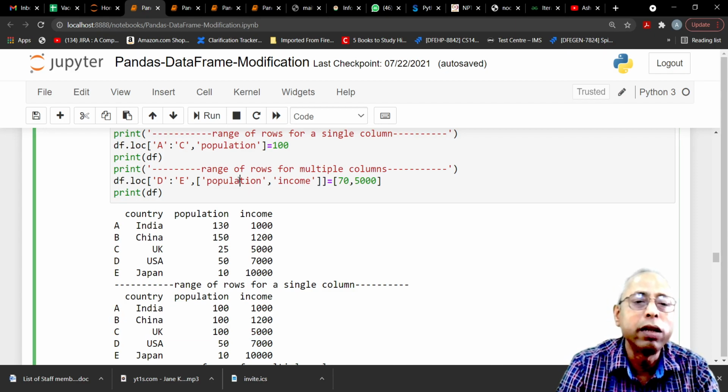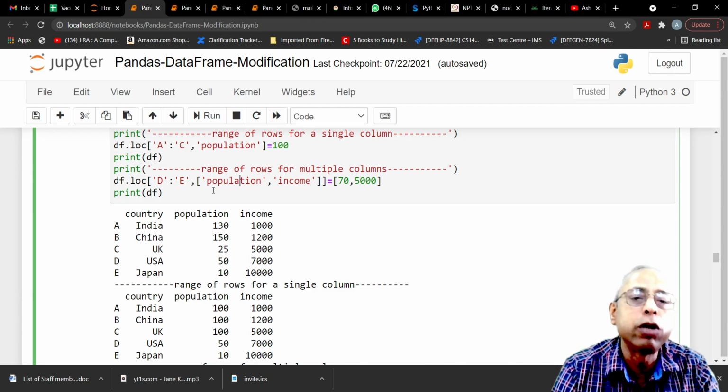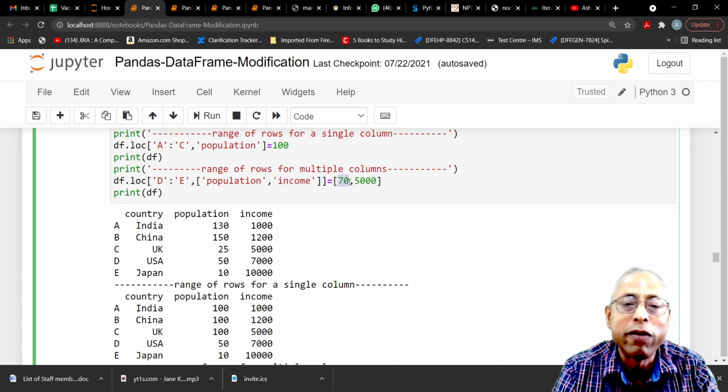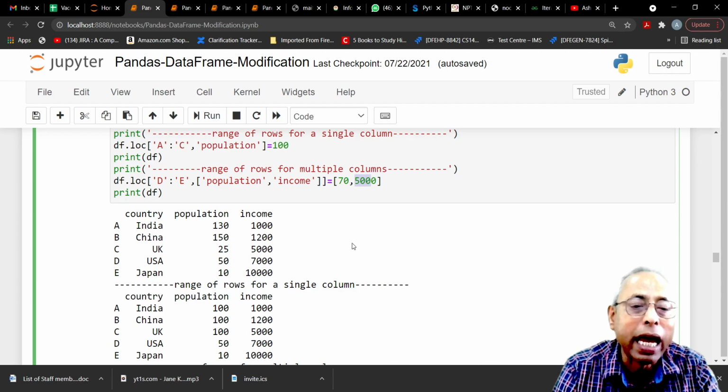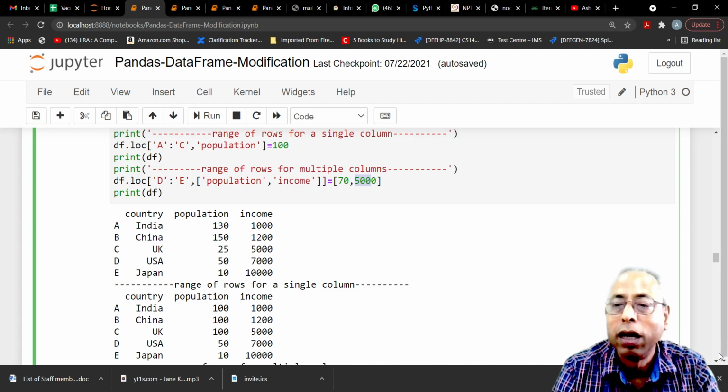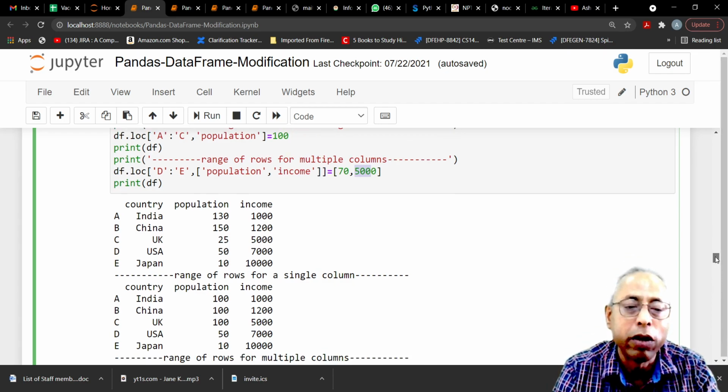And of course, we can do the same thing with multiple columns also, where we pass the range of rows D to E, and I am going to change the population as well as the income to 70 and 5,000 for the rows D and E with the same LOC attribute.